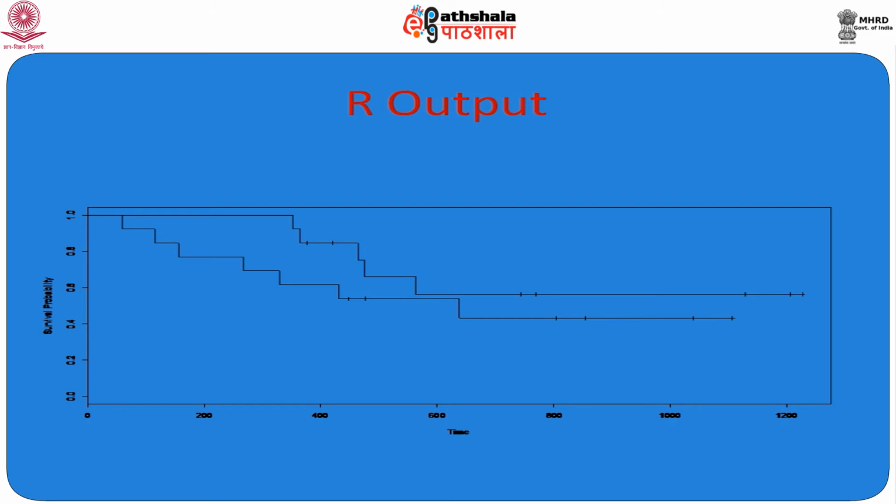But you will see here, since in plotting this graph we didn't mention the legend for the two arms, this graph is not showing which line belongs to which arm. So if we add the legend function, then we will see which arm has better survival in comparison to the other. But here you can see that there is a big difference from study initiation. Actually, from around 50 days,